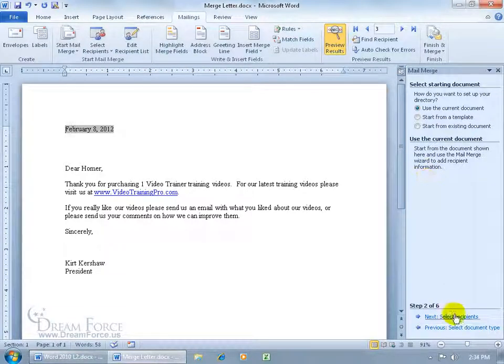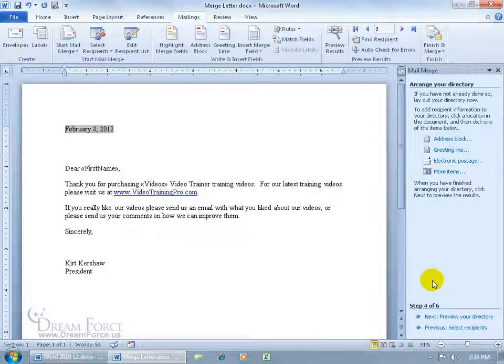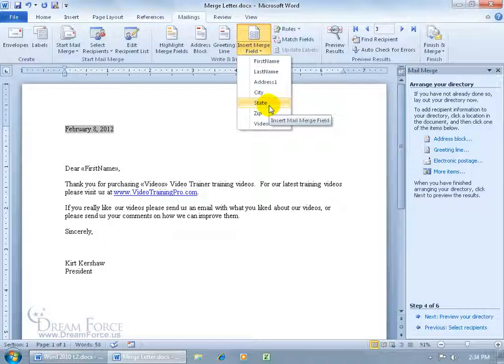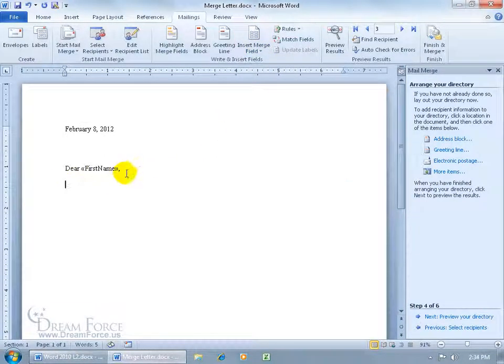and I'm going to use the current document, click Next to arrange it because I'm going to use the same database. And then I can insert my merge fields, again, if it's a company directory, first name, insert the merge field last name, and then insert the merge field if we had one for extension, so insert there. And of course, you probably wouldn't have all this, so we'll just do the first name. Let's delete that. Let's just do first name here. Hit enter, give it some space, and then click